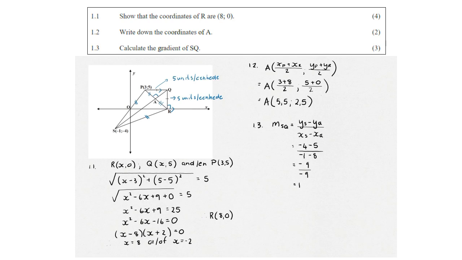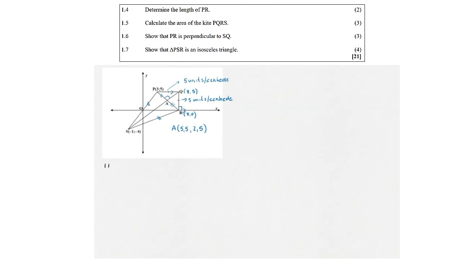This question counted 3 marks. You get 1 mark for the gradient formula, 1 mark for the substitution of the correct values, and 1 mark for the answer. Question 1.4, determine the length of PR, and we are going to determine this length using the